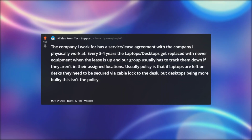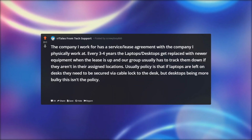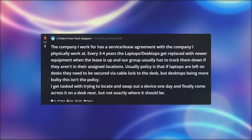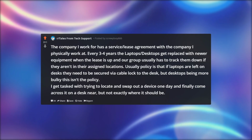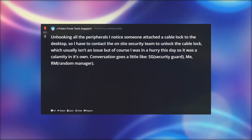Usually policy is that if laptops are left on desks, they need to be secured via cable lock to the desk, but desktops being more bulky, this isn't the policy. I get tasked with trying to locate and swap out a device one day and finally come across it on a desk near, but not exactly where it should be. Unhooking all the peripherals, I notice someone attached a cable lock to the desktop, so I have to contact the